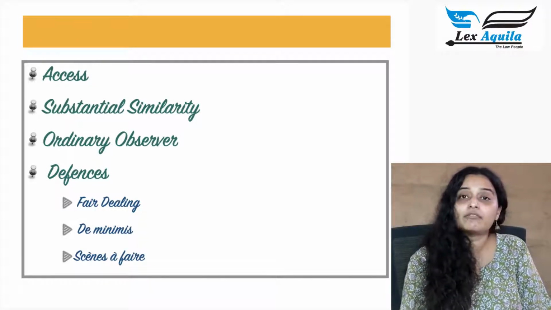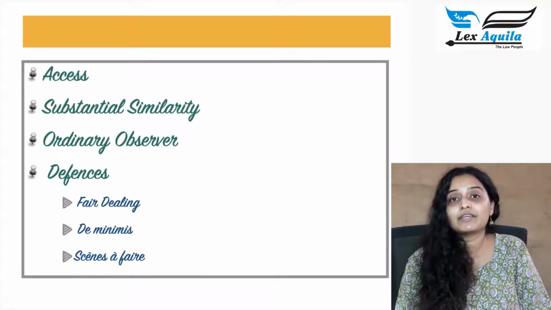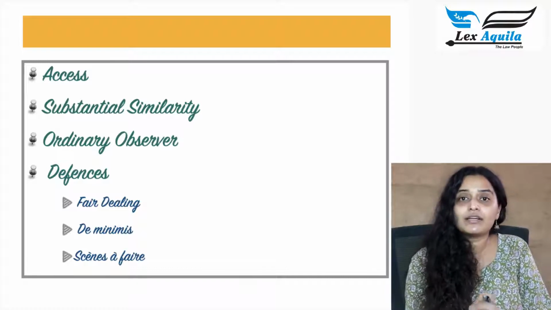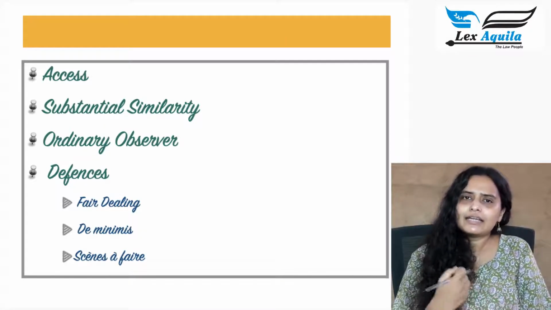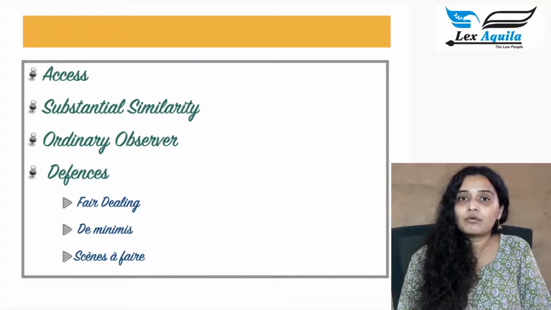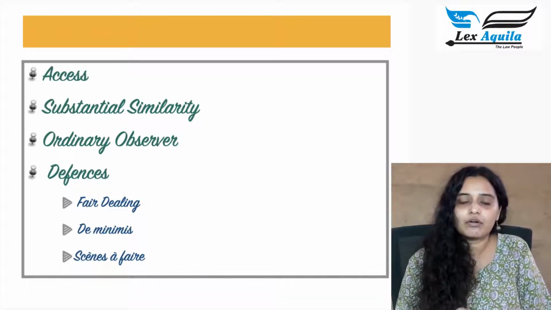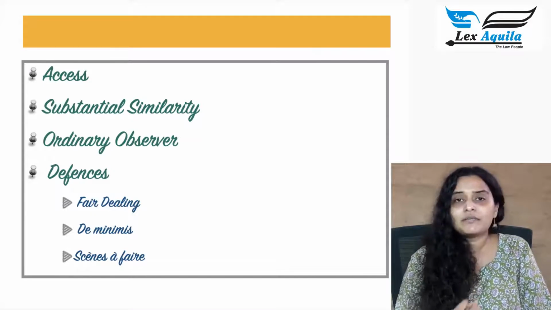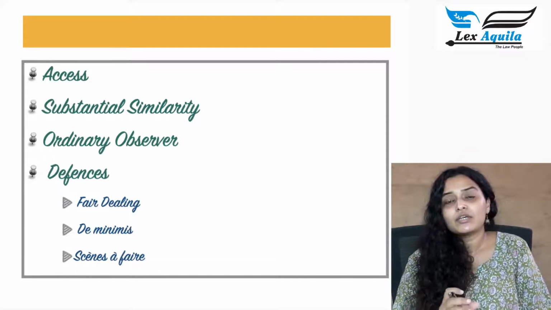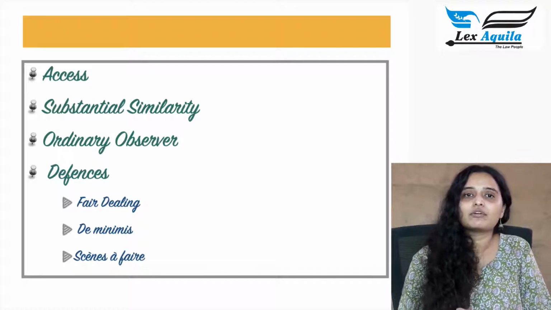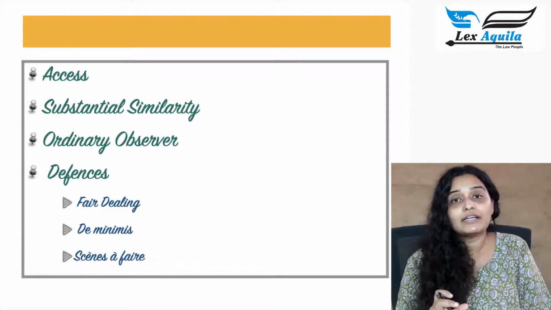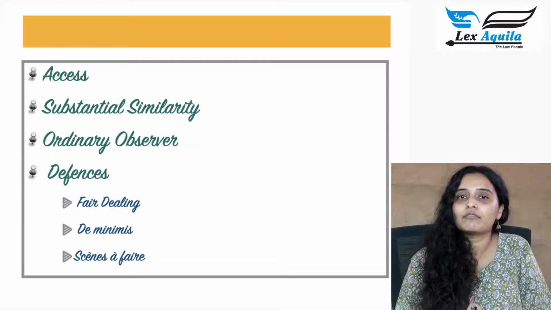This is the judgment of the Delhi High Court in India TV versus Yashraj Films, where the court considered the applicability of the doctrine of de minimis and laid down certain factors which the court will consider while applying that doctrine. The most important of it is to gauge what kind of harm is caused to the plaintiff by the defendant's use of that work, and what is the intention of the defendant in using that work.